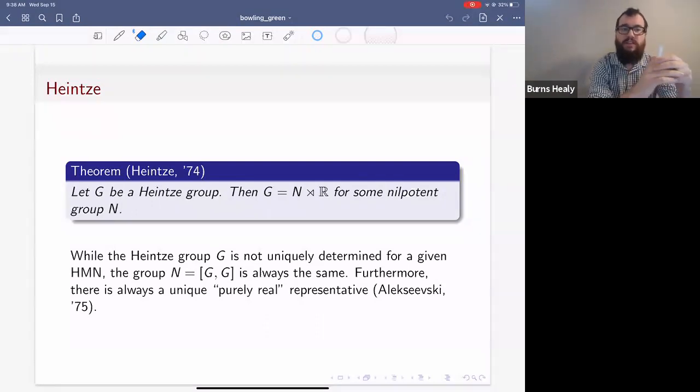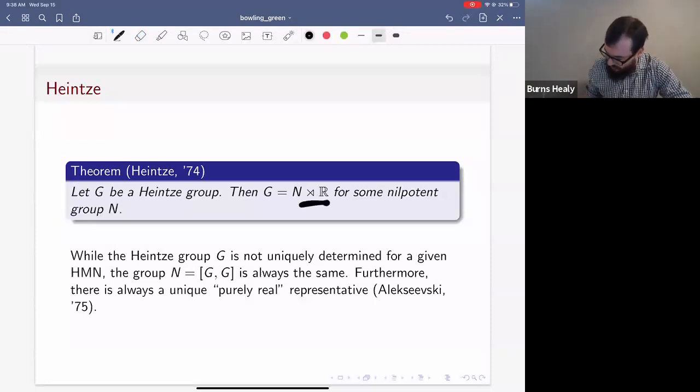There are some different expressions. But what's not different about all of those expressions is the isomorphism type of the nilpotent Lie group, which we'll call the base group or the derived group. So the base group will always be the same no matter which expression you find for the Lie group which acts on it transitively. And obviously R is always going to be the same. So really what's different in that situation is, if you have N semi-direct R,